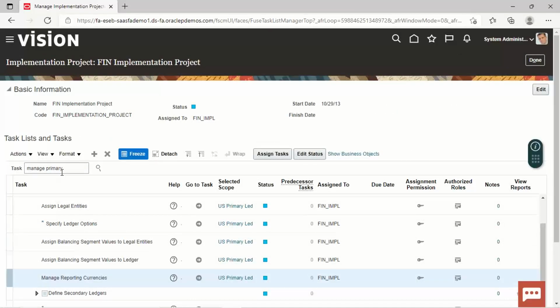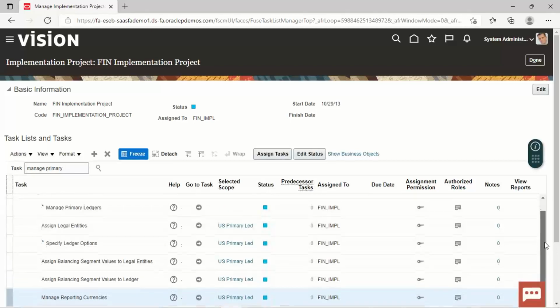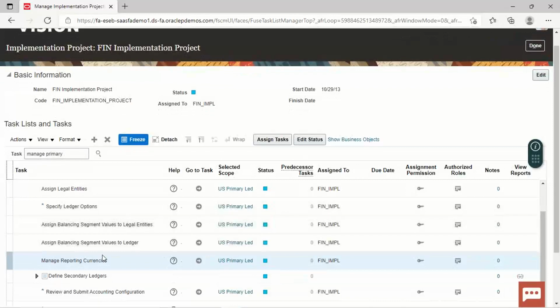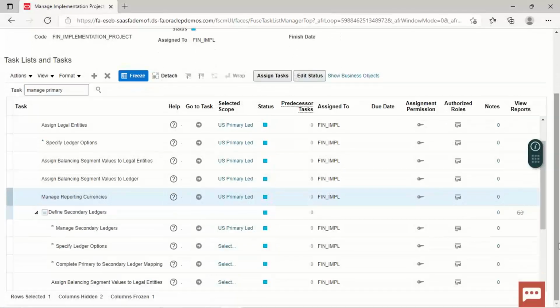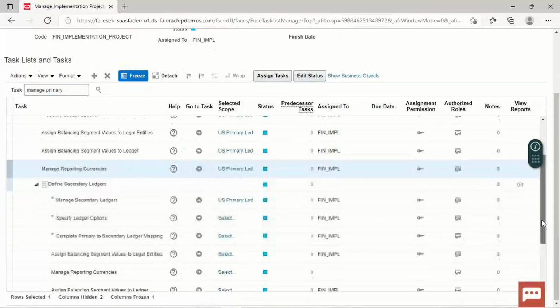For managing the reporting currencies, search for manage primary ledger under the task and under our project, and you have to select the manage reporting currency option from the manage primary ledger option and not the define secondary ledger option. Under the define secondary ledger, there is also an option of managing the reporting currencies.